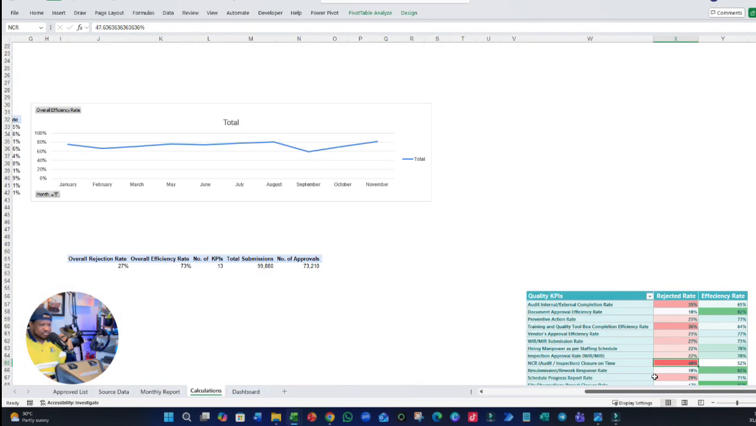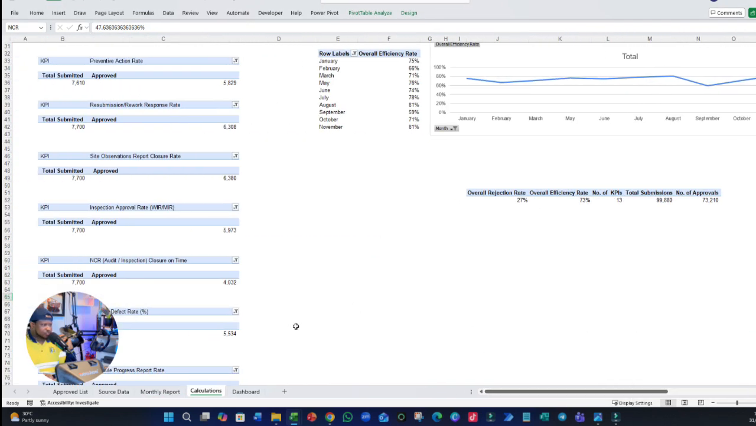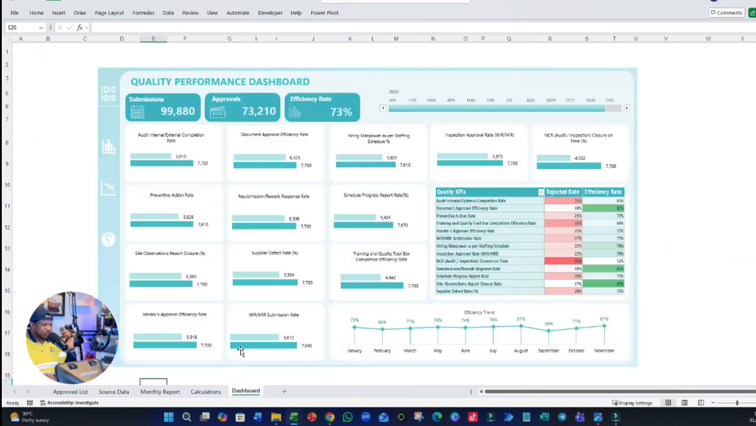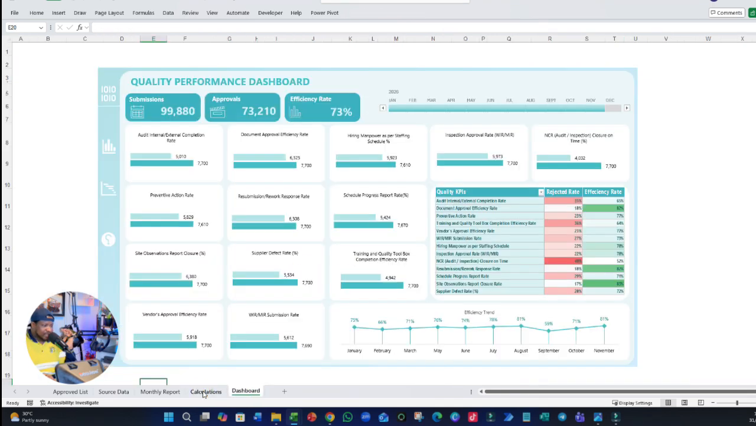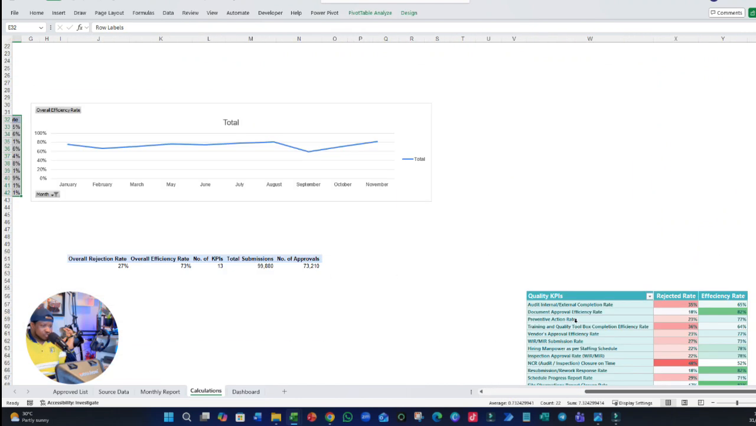So this is what we use for the dashboard. We brought in all the visuals, we created all the bar charts for each of the KPIs. And then we also did a trend, which is this one. There's a trend, and that is basically the visual that we use for this pivot table. And then again, this table is dynamic. This is a table for all the KPIs, looking at the rejection rate and efficiency rates. This is dynamic. It adjusts automatically